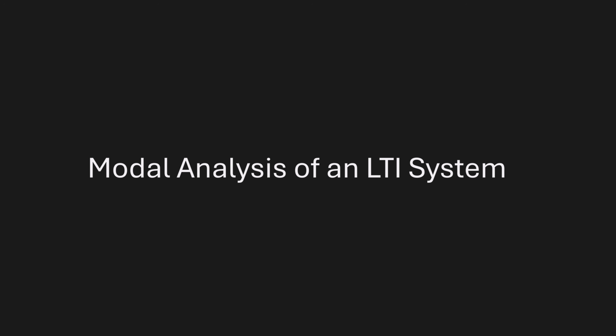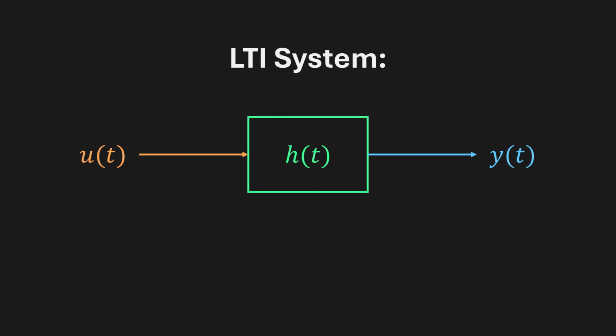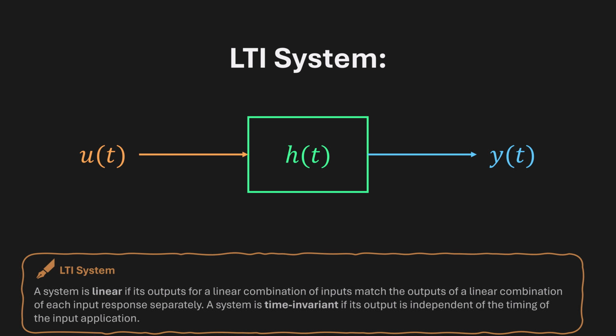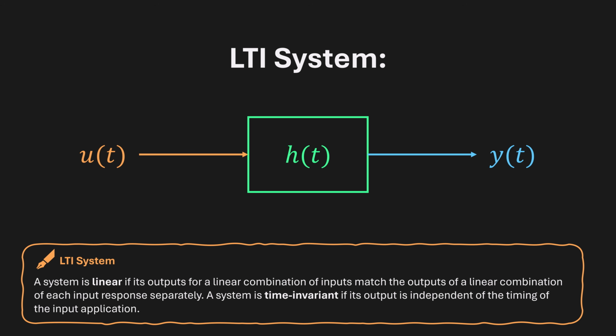Suppose we have any physical system, like a mass spring damper or even a building during an earthquake. Near its equilibrium points, we can linearize the system, and assuming that its behavior does not change with time, as in, given the same initial conditions and inputs, it will always react in the same way, we can model it as an LTI system. Then, the differential equations that describe its motion can be written in terms of matrices. The most important matrix is called the state matrix. When we solve these equations, the eigenvalues tell us about the system's natural frequencies and also how fast vibrations die out, their decay rate.